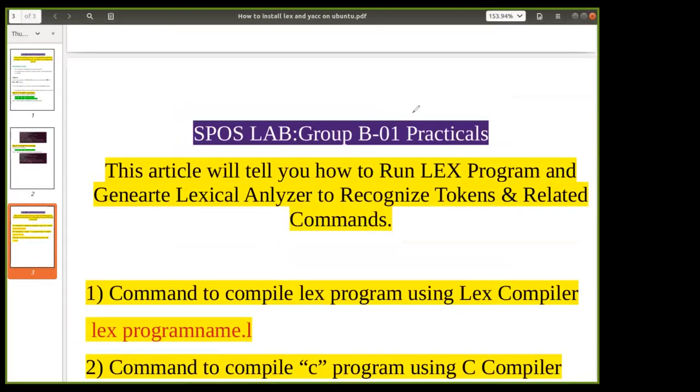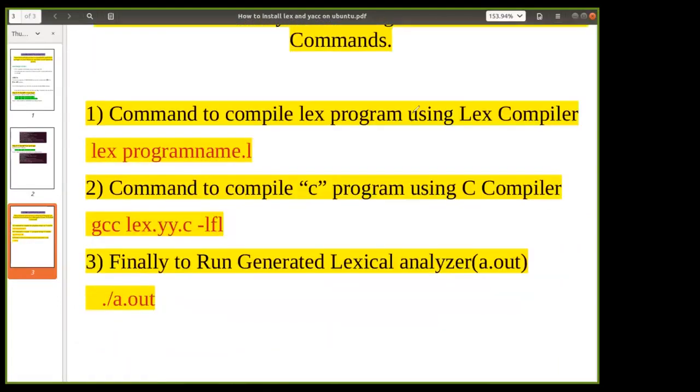Then, in order to run the programs of Lex and Yacc, the commands are slightly different. To run the program of Lex, you have to follow these three steps. The first command compiles your Lex program, the input specification you are giving to the Lex tool: lex program name .l. After this, the lex.yy.c file will be generated, which I already showed you in the home folder.